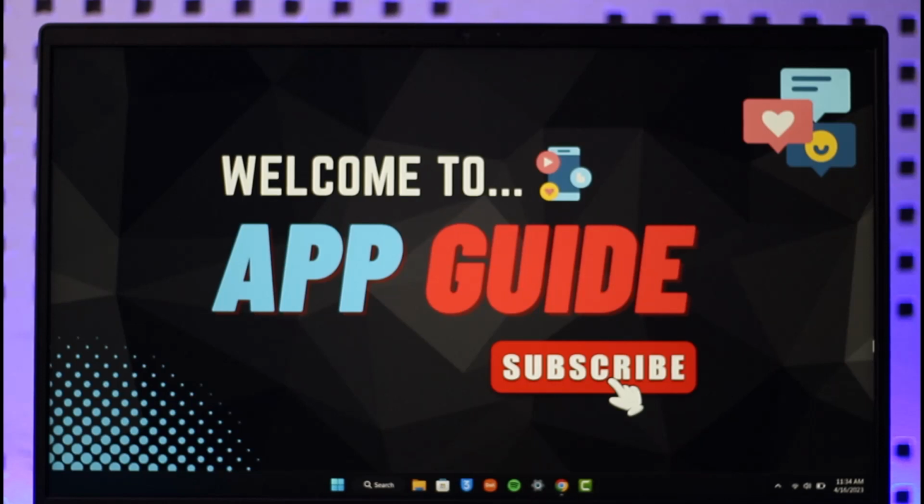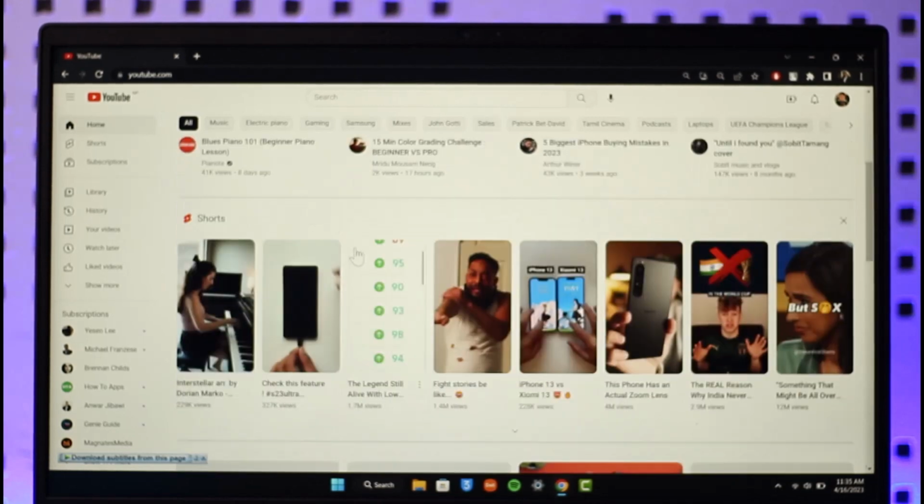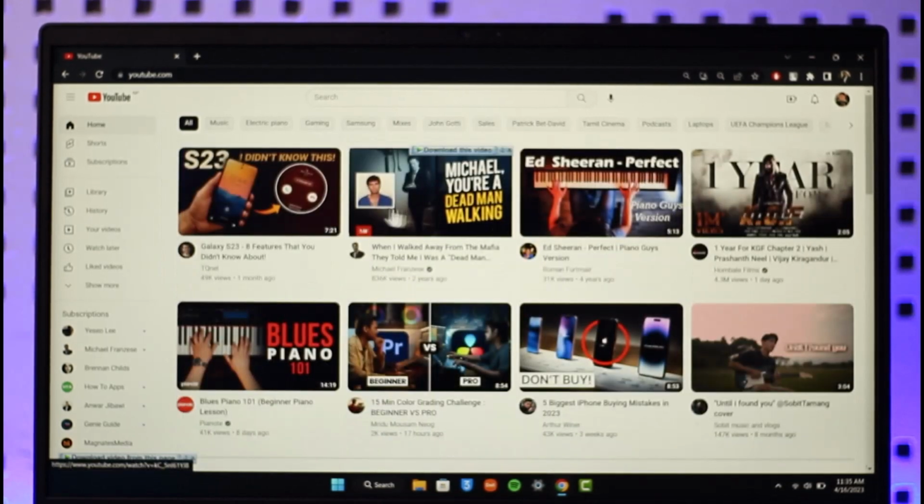In order to enable dark mode on YouTube on laptop, all you have to do is first of all simply open up your browser, then go to www.youtube.com, and then here you can see that I'm currently on the light theme. So if I want to switch to dark theme on YouTube on my laptop, all I need to do is just click the profile icon which you see from the top right hand side of the screen, which is